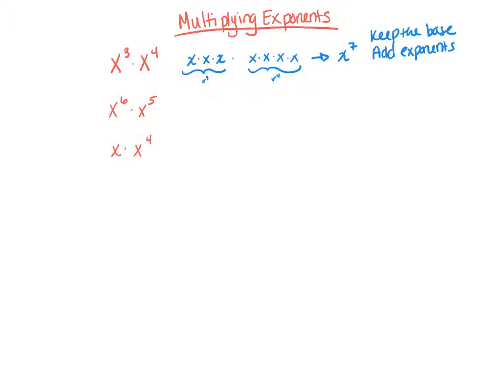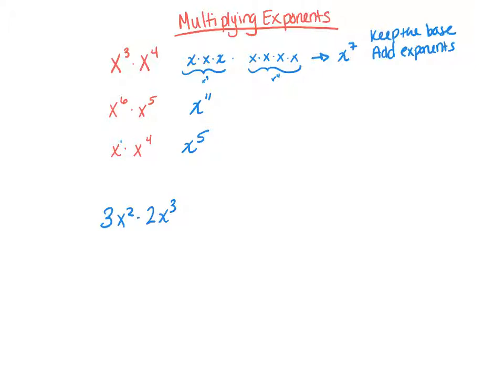and add the exponents. So the next one is x to the 11th, and this one is x to the 5th, because there's an invisible exponent of 1 on that x. There's one of them. And also, if you have a coefficient in front, like 3x to the second times 2x